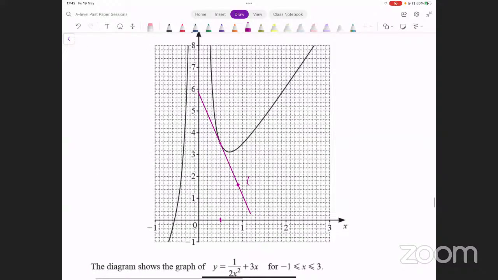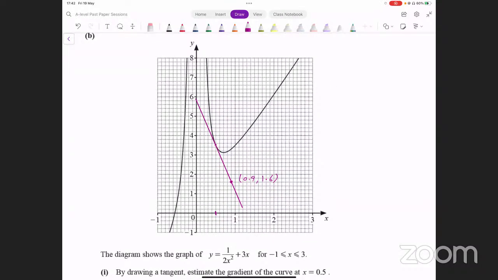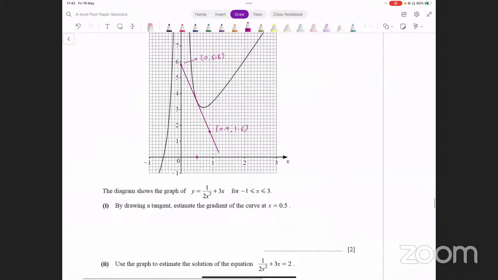This is 0.9 and 1.6. Okay, 1 point is this one. Let's take another one. I could take this point here, but we'll end up with 0 and 5.8. ये दोनों पॉइंट्स लेके हम ग्रेडियंट निकाल लेते हैं इसका। 5.8